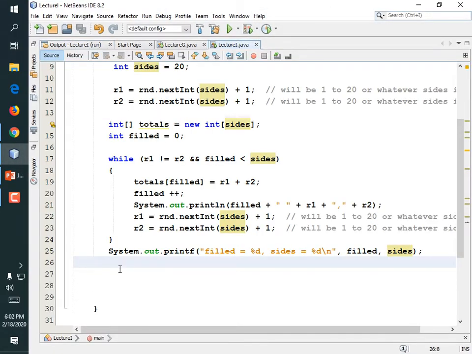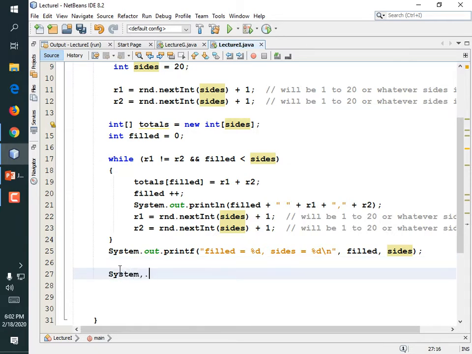May as well do that. Let's print out the array. Wasn't there an Arrays toString method that we could use? So system dot,